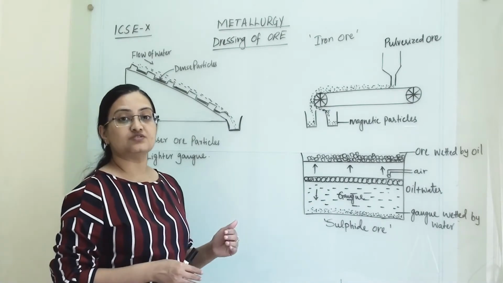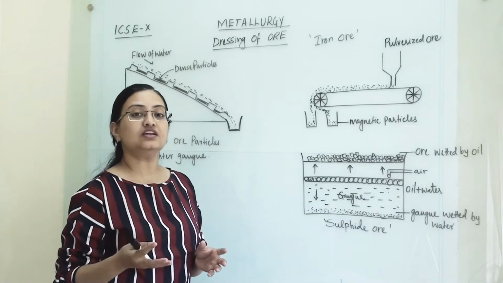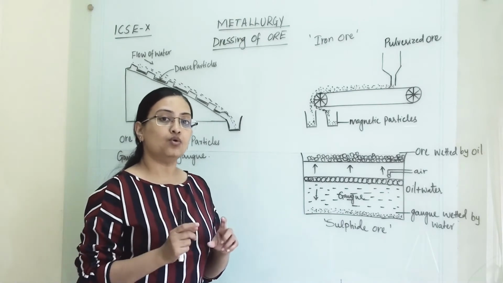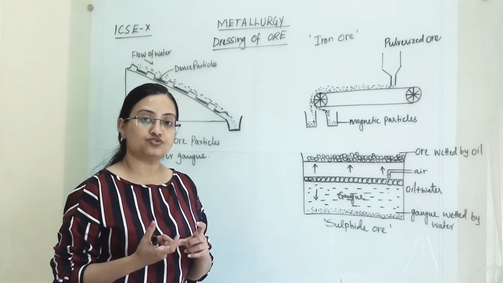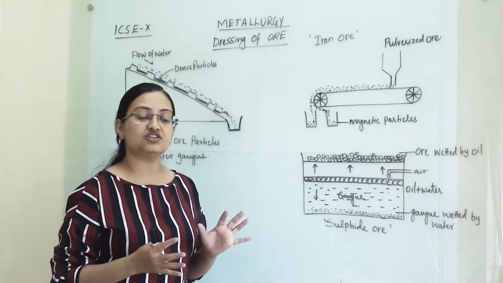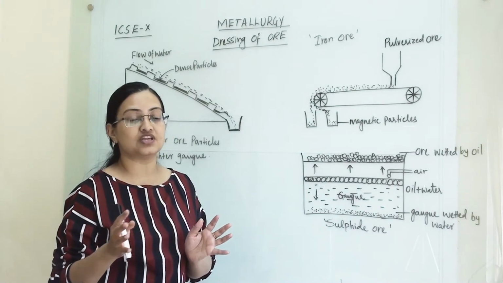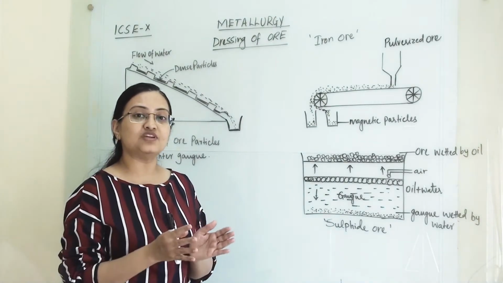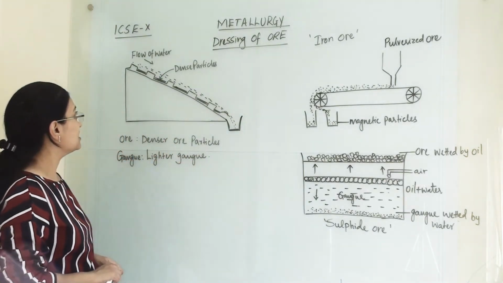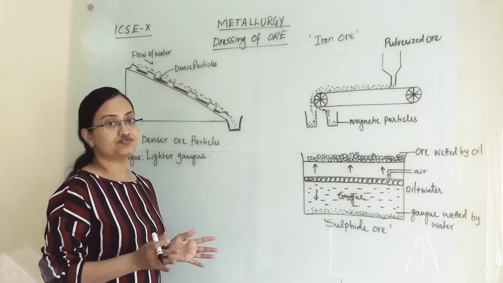In this process, basically we are eliminating mud particles and earthy impurities from the ore. That means if the ore is combined with any compound, we are not removing that compound at this first stage. We are just removing the mud particles, silica dioxide, all those things from the ore. That means we are concentrating the ore in this stage. This is the very first stage, and in this we are going to learn three different methods to concentrate ore.